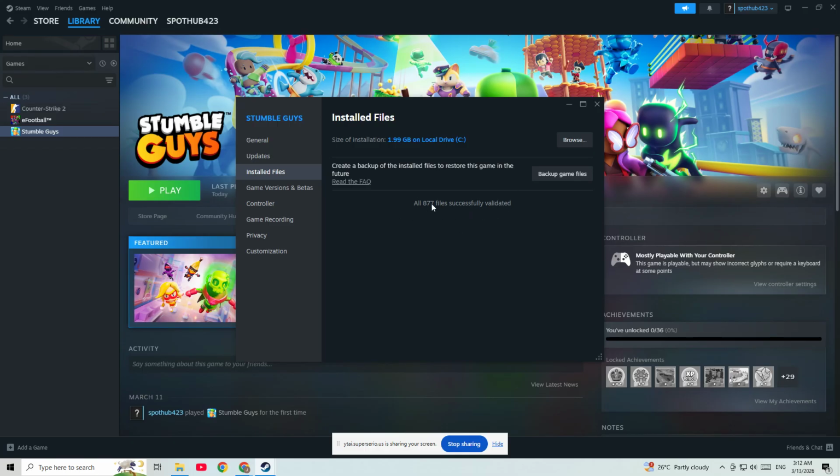During this time, Steam will automatically identify that the Steam API 64.dll file is missing, and it will start a fresh download to replace it. This is the safest way to repair your game, because it ensures you are getting the official file directly from the source. Once the verification is 100% complete and the missing files have been re-downloaded, you can close the Properties